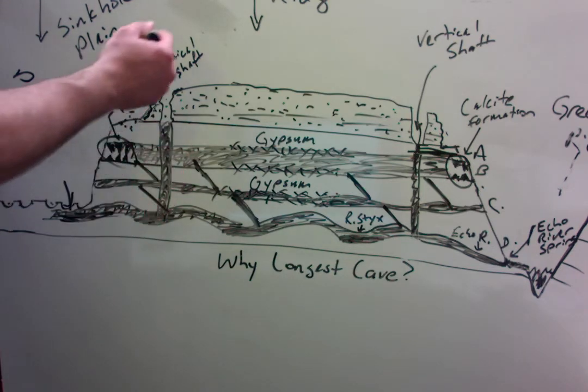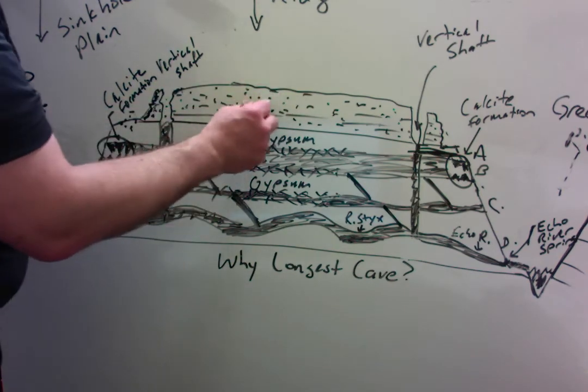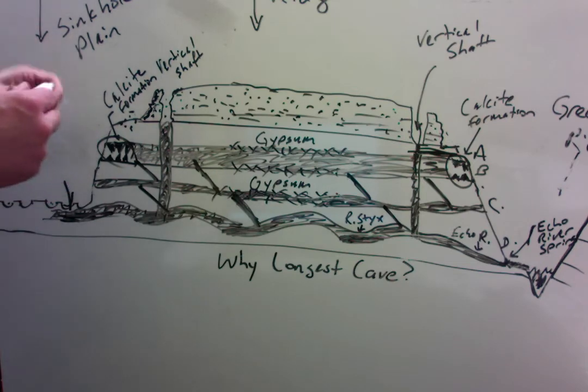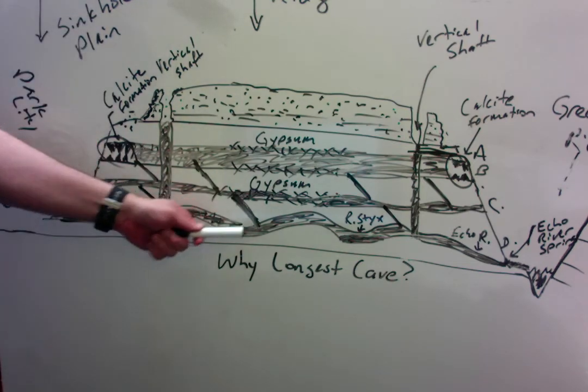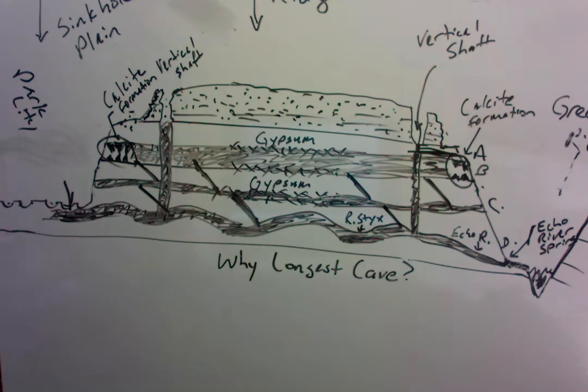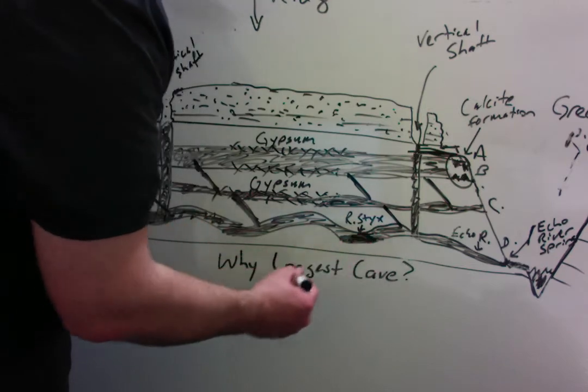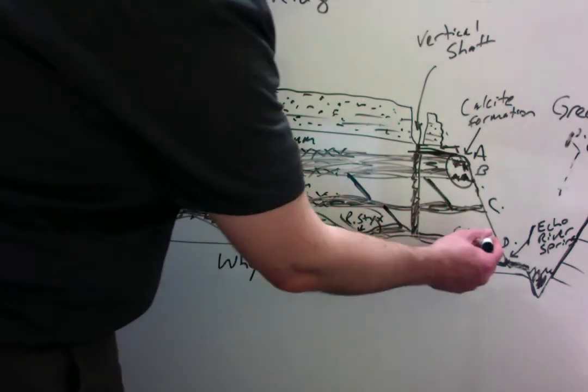Things of that nature. So all these things we've talked about before, and then where the capstone is good and solid, you have the gypsum in both level B and level C. Typically speaking, level D is far too wet and prone to occasional flooding to have gypsum. So down here in the bottom of these level D loops, you have things like the River Styx and the